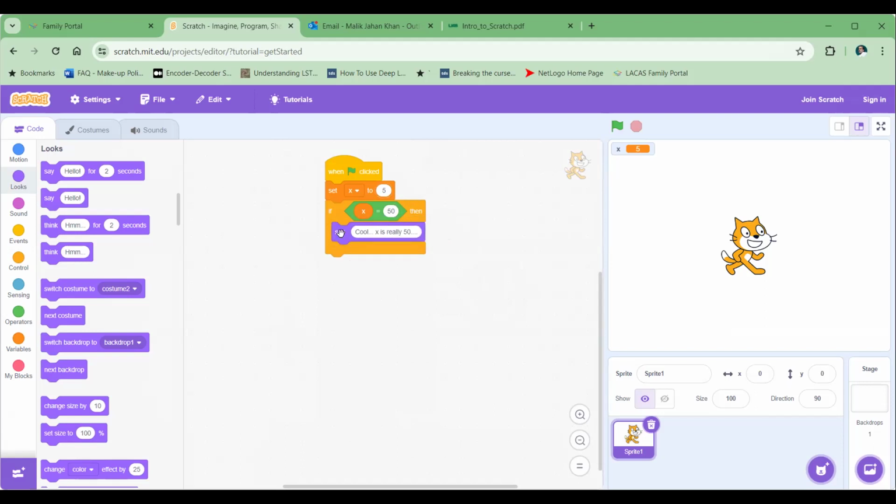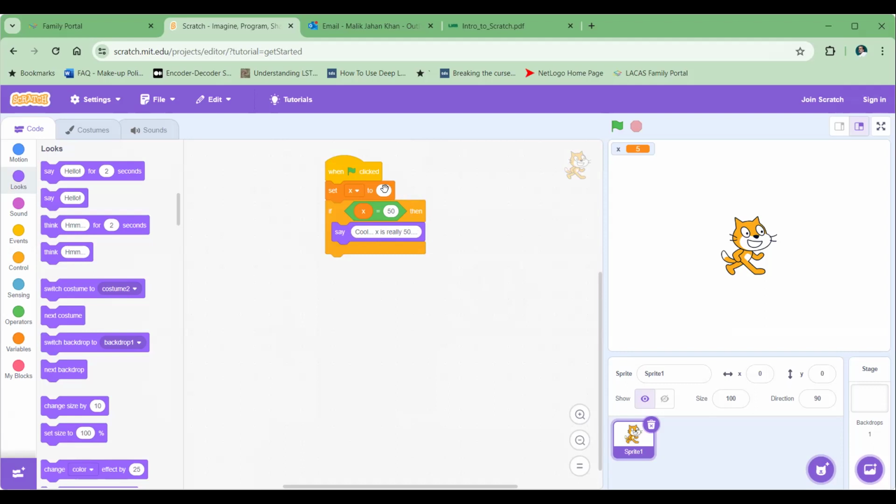Why? Because it has been embedded within the if block, so it is part of the block. It is not after the if statement, so it is no longer independent. It is dependent on the truthfulness of this green part. If this green block is true, then that means x and 50 are the same, and it should say "cool